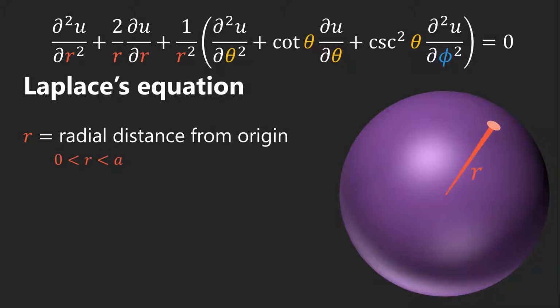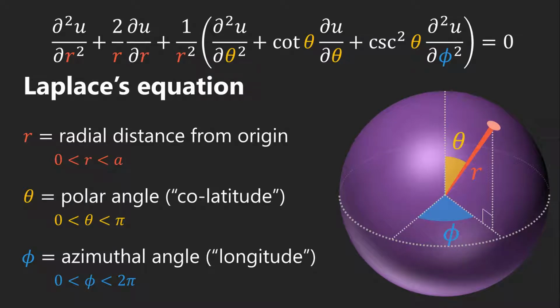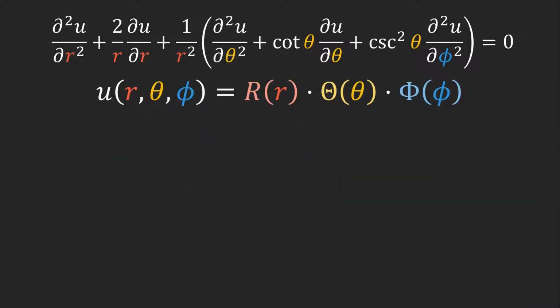Recall that r is our radial distance from the origin, theta is our polar angle, which you can think of as the co-latitude, that is π/2 minus the latitude, and phi is our azimuthal angle, which you can think of as the longitude. Our solution has to match up with the function f of theta and phi on the surface of our sphere. Now, we solved Laplace's equation using our usual method of separation of variables, and we ended up